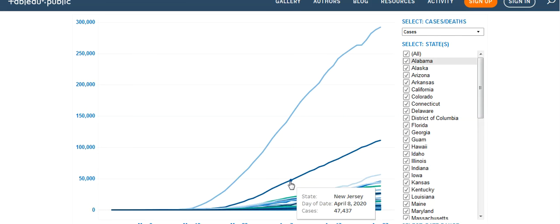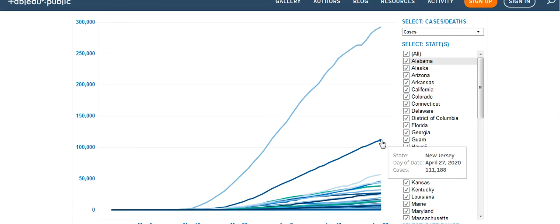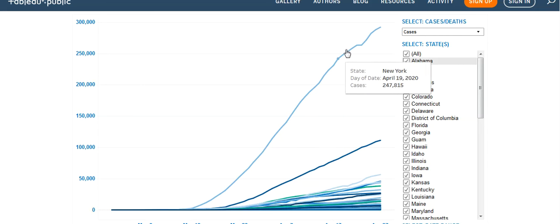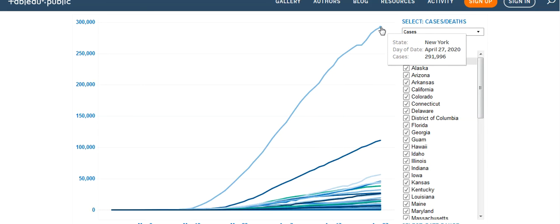These are the various states. As you can see, New York City has the most cases, as we all know. This is the trend of how the cases have been going. The beauty about this is that you can compare with all the other states. It all started on the same line, then it goes up. New York has been rising exponentially until now. From here you can draw conclusions and see how the trends have been going. This is called a trend line chart. So that's Tableau Public. It has so many other ways of visualizing data, but because of time, we'll just leave it at that.